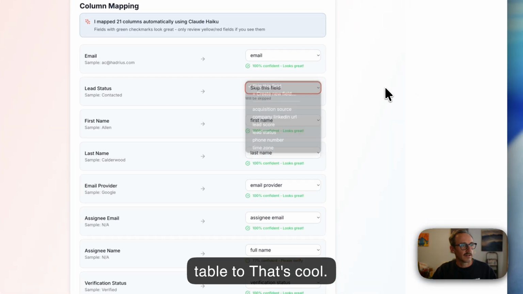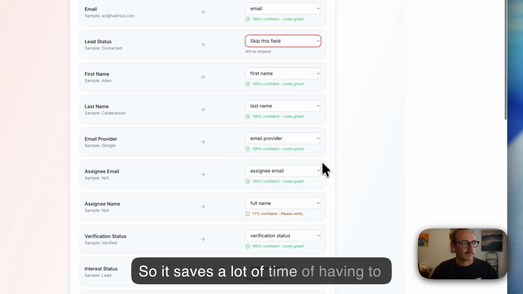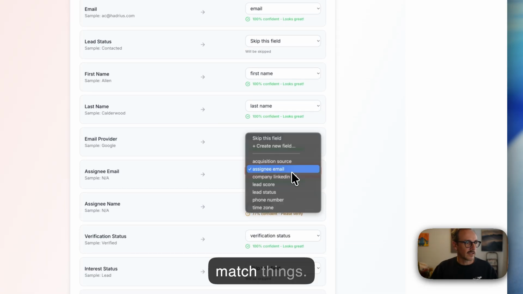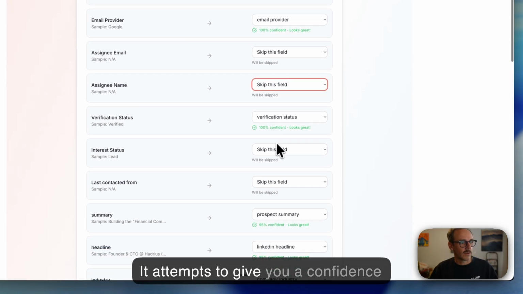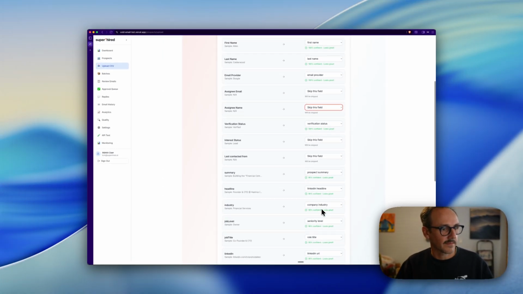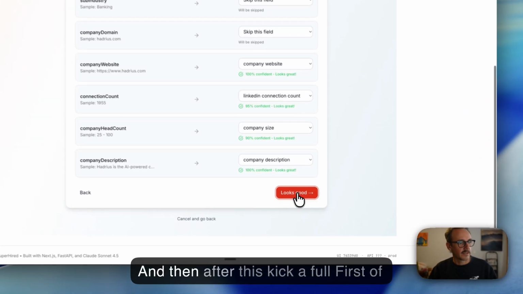So it saves a lot of time of having to match things. There's some things I don't really care about or it's wrong. It attempts to give you a confidence score. And then after this, kick off